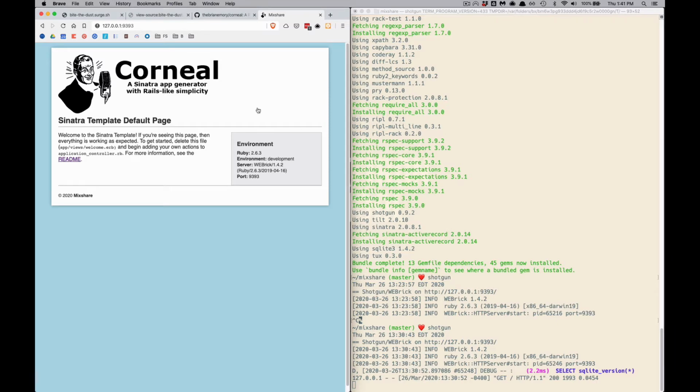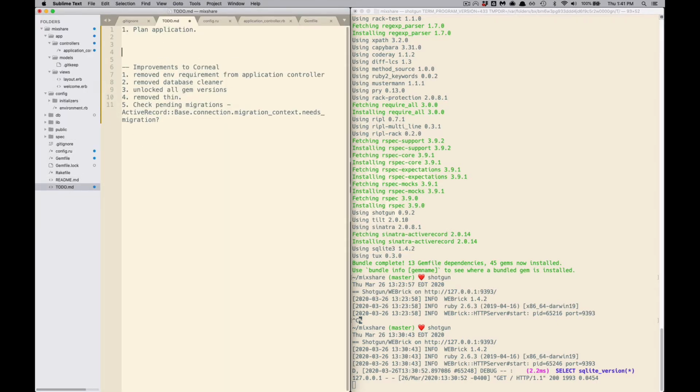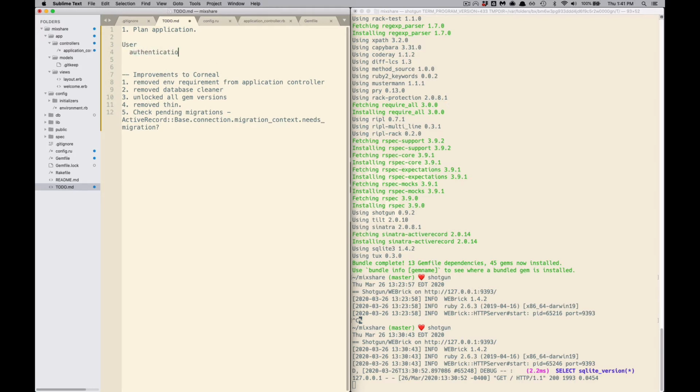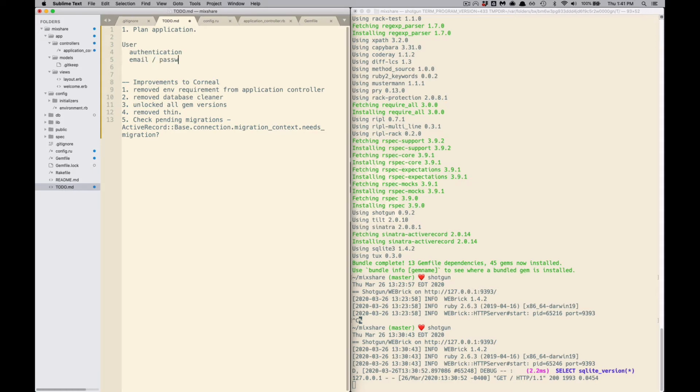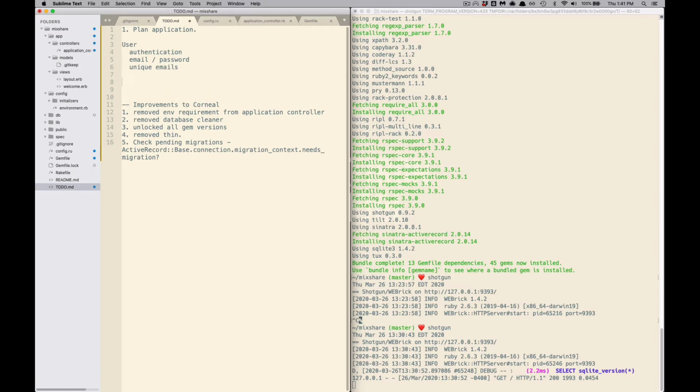Let's get started with that. Okay, so we're going to need a user class with authentication, email, password, unique emails, whatever. I'm really just putting them in because I know those are the requirements. And then I think the two main classes we're going to have,